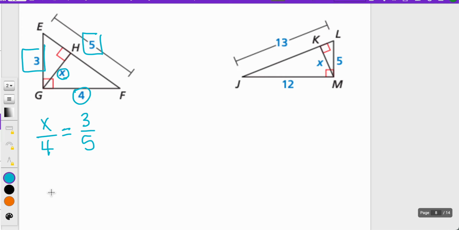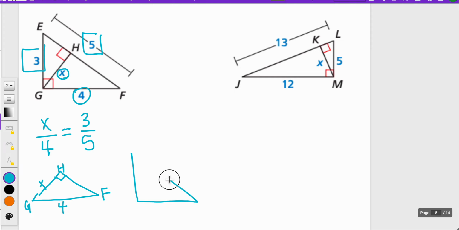The X and 4 belong to triangle G, H, F, where H is the right angle, and this is X, and this is 4. Then you have this larger triangle, E, G, and F, where this length is 5 and EG's length is 3,